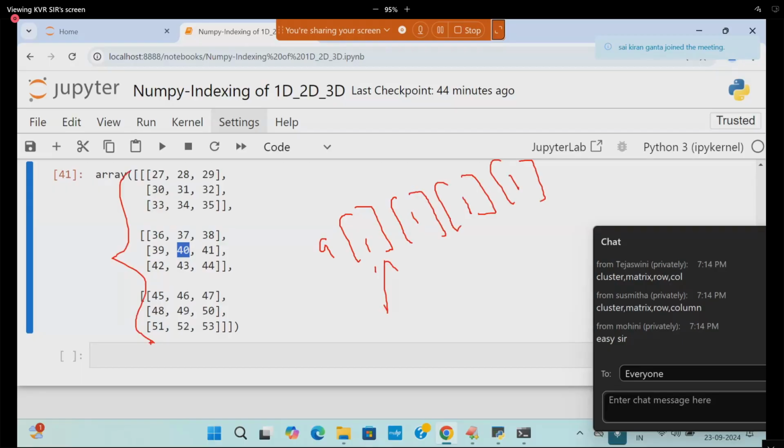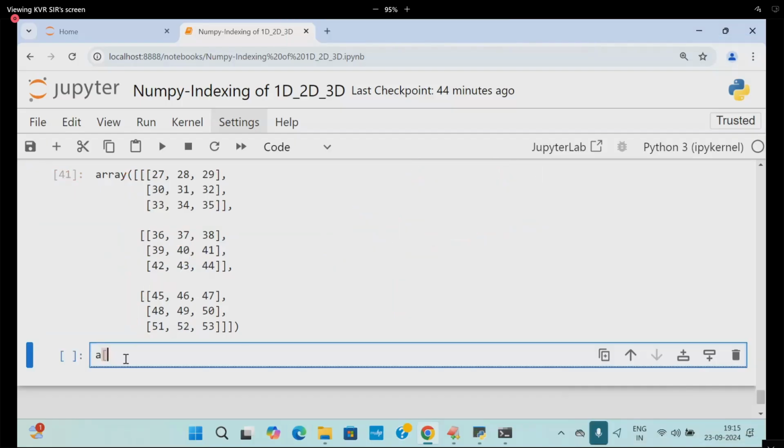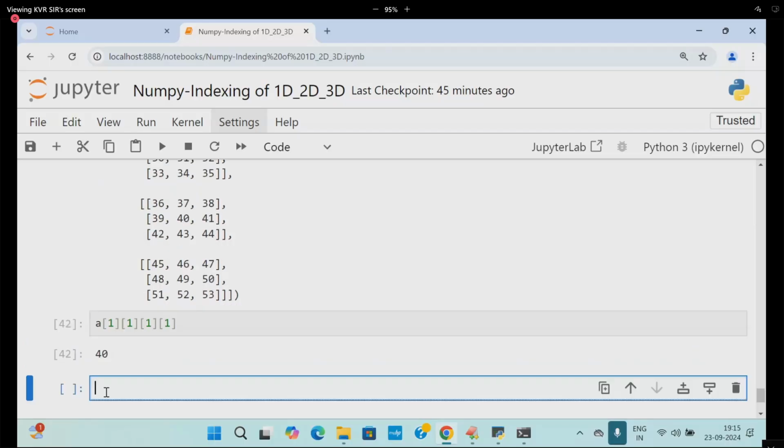Row. All these things give you what? A of 1 and 1 and 1. So what is the answer? 40. A of 1 comma 1 and 1 comma 1, that is 40. Anyway, you can just maintain that. Are you able to follow?